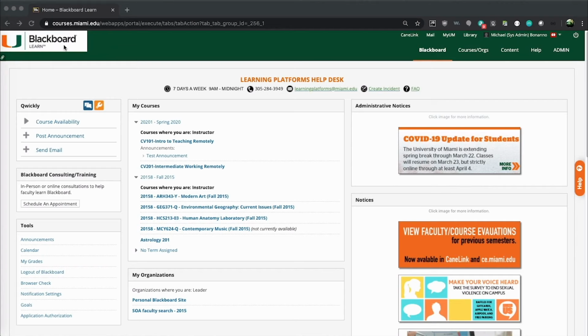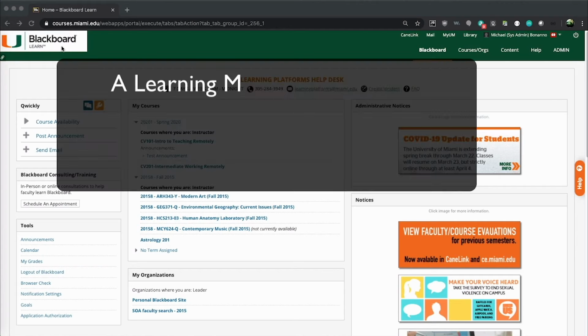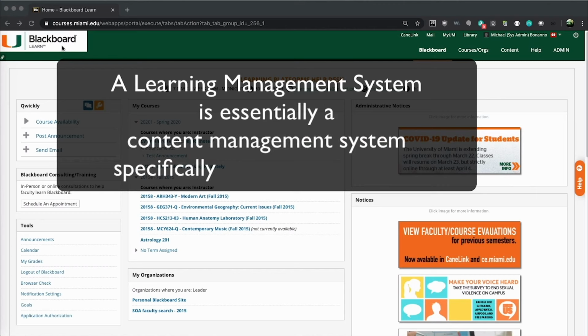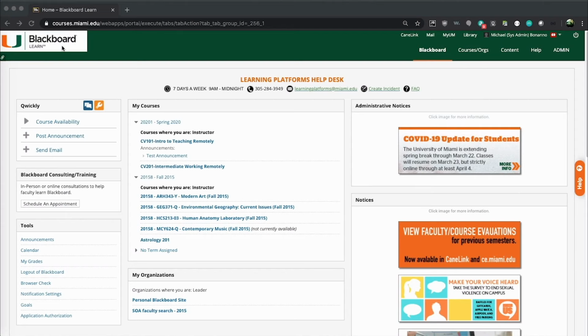Blackboard Learn is known as a learning management system. That means that it builds websites for courses. Another way of thinking of it is as a content management system specifically for course websites. Unlike regular content management systems, standard ones such as WordPress or Cascade that we use at the University of Miami for our main website, Blackboard lets you do tons of specialized educational things, such as collect assignments from your students,